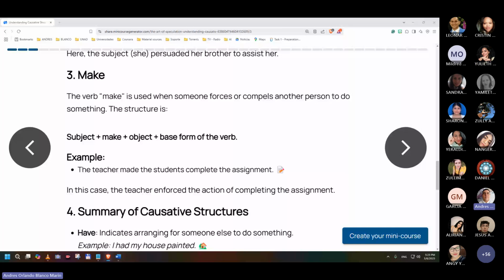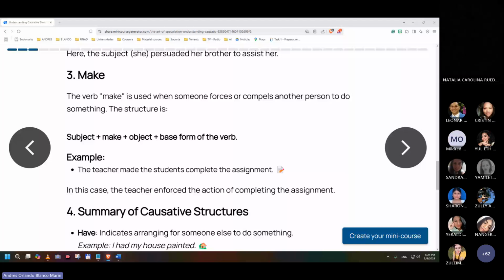In the first one, there's an agreement, a contract, there's an arrangement. But with the second one, with made, I'm forcing you. I'm using my authority as a teacher to make you do the assignment. It would be mandatory, okay? So if I'm using made,